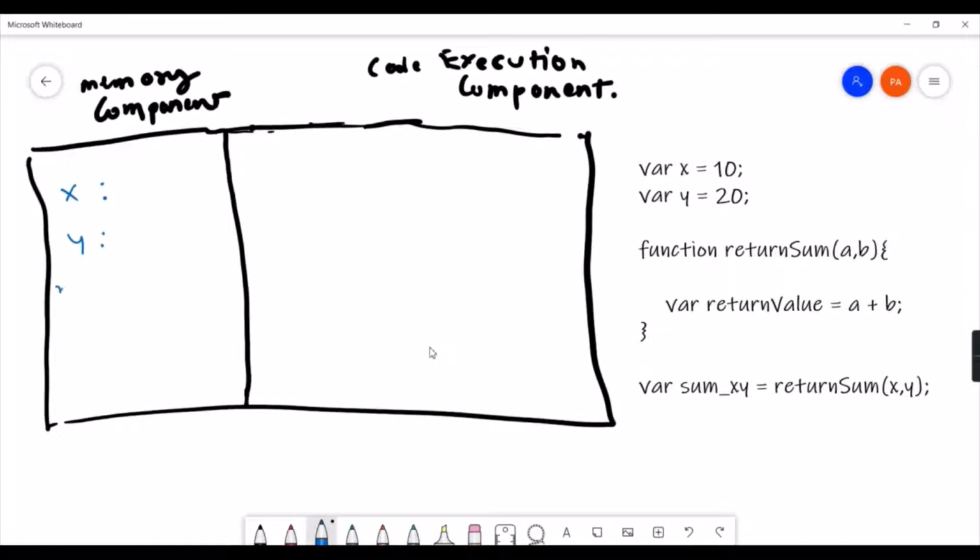Then we have the function sum, and then we have one more variable sum underscore xy. Now in the case of variables, a value which is undefined will be assigned to these variables. In JavaScript, all the variables which are just declared will be assigned the value undefined.